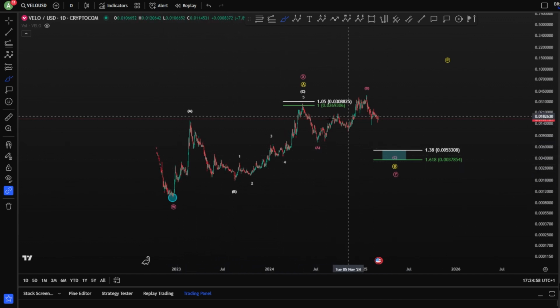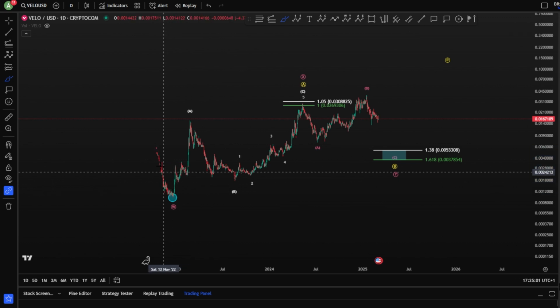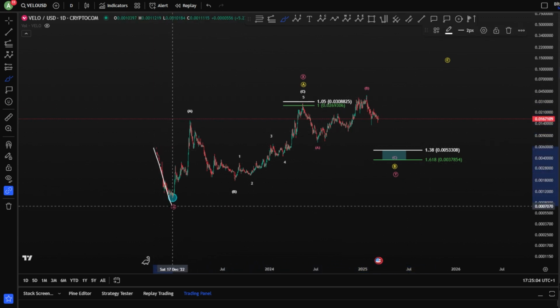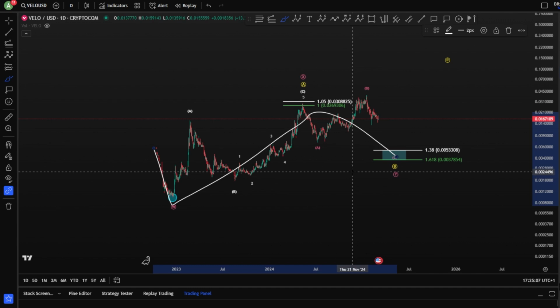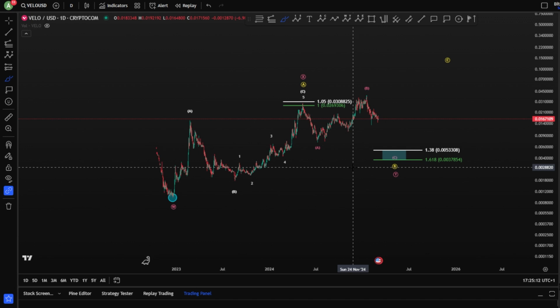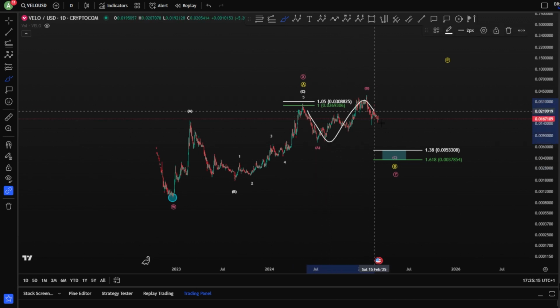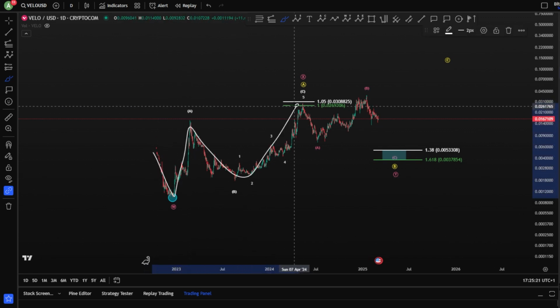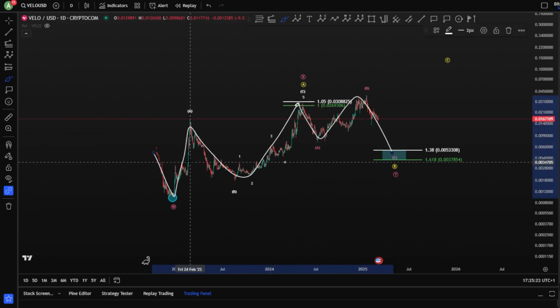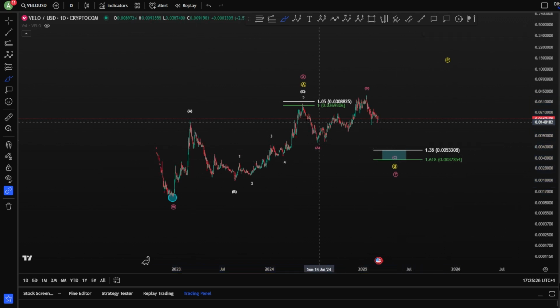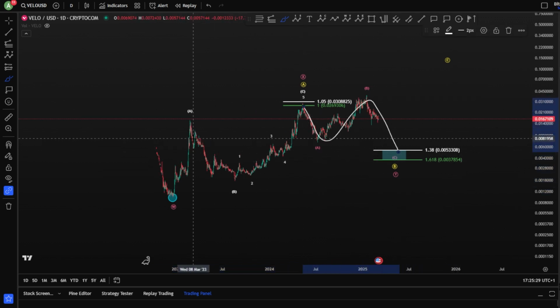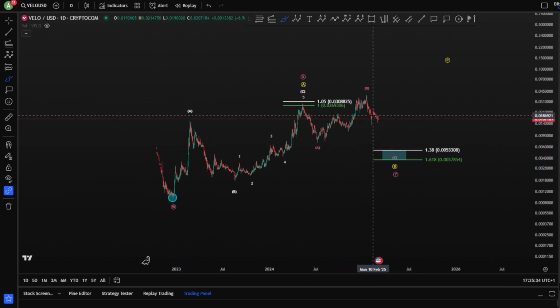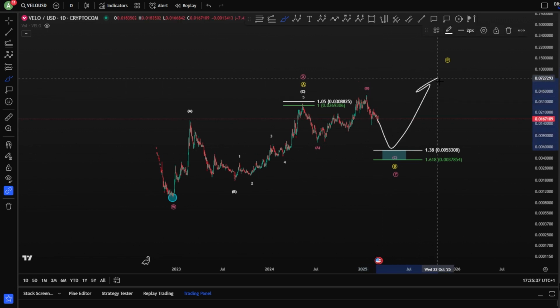Now, in case you are bearish scenario, meaning on the daily bearish, because this is also bearish, W, X, and a Y, you have exactly the same scenario for the bullish and the bearish, meaning on VELO, in both case scenarios, you are in a bearish short term to move higher later on. If you are in W, X is a 3 wave toward the upside, Y is kind of a 3 wave structure as well. You would like to finish this 3 structure as well as an expanding flat. Same scenario repeats, meaning VELO is looking for this blue box in all case scenarios, guys, and then moving toward